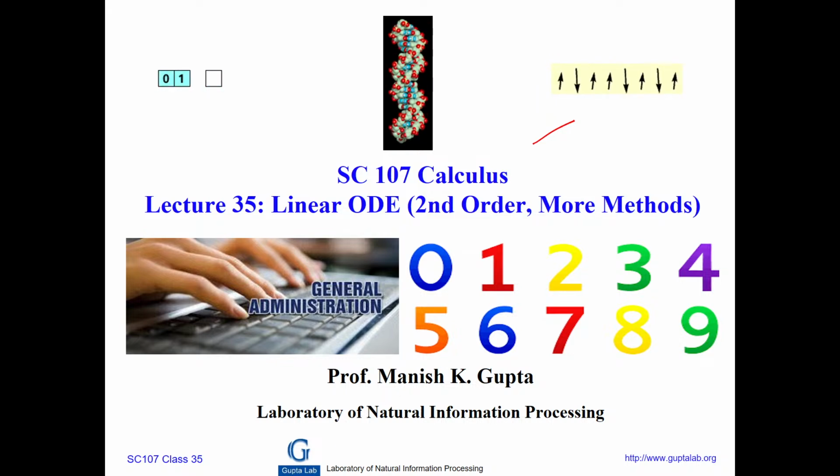First you look at the homogeneous equation and find the general solution of that, involving two constants C1 and C2. First you need to find two linearly independent solutions, then take the linear combination, which will give you the general solution of the homogeneous equation. Then you find one particular integral which satisfies the entire non-homogeneous equation, add them, and that will be the solution of the total equation. So today I am going to look at a couple of different methods for finding the particular solution of